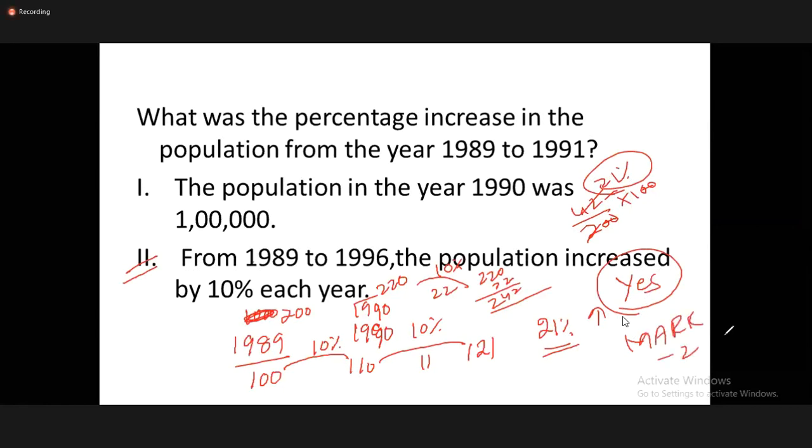Okay, you can take any value, take x, take y, you can take any value, you will end up with 21%. Am I clear with this question? Because you don't need to go back to the first and second thing. So 2 alone only you can answer the question. Everybody kindly reply in the live chat. We'll go to the next question.